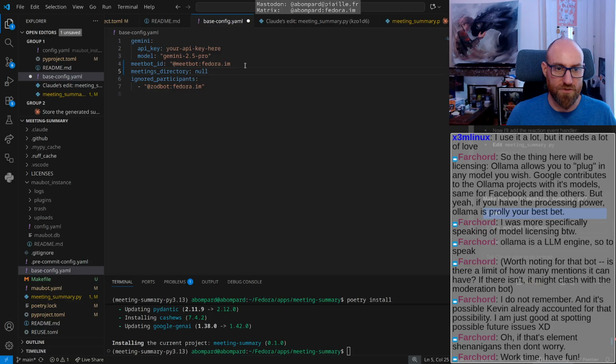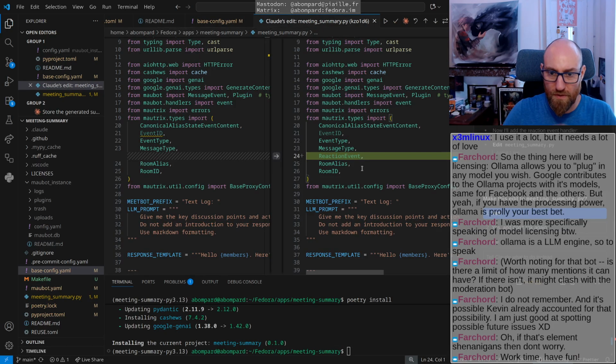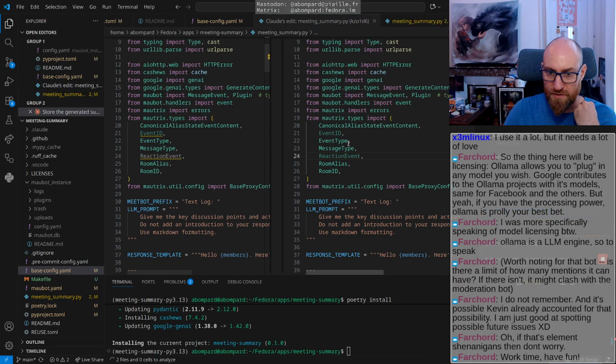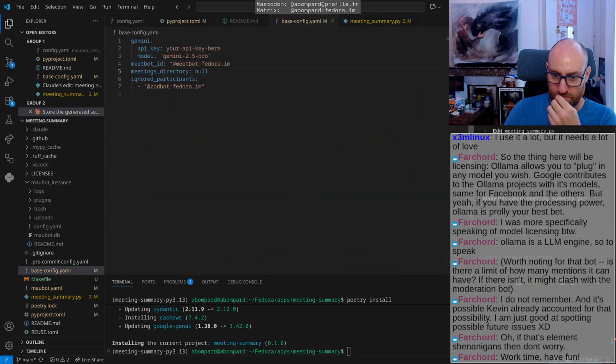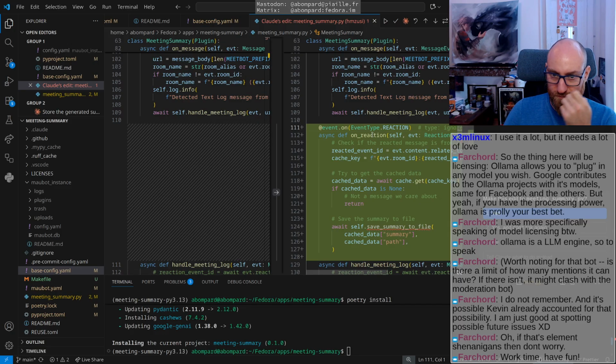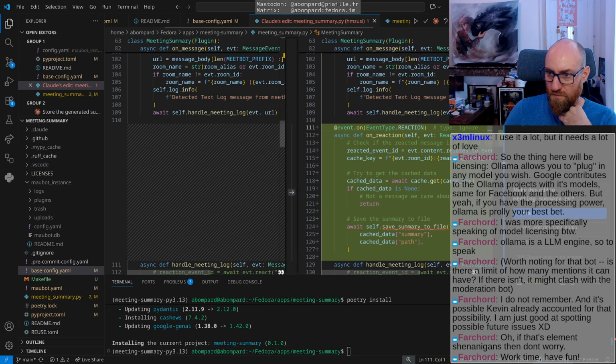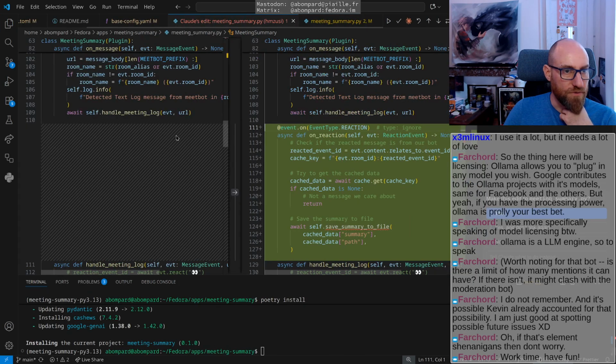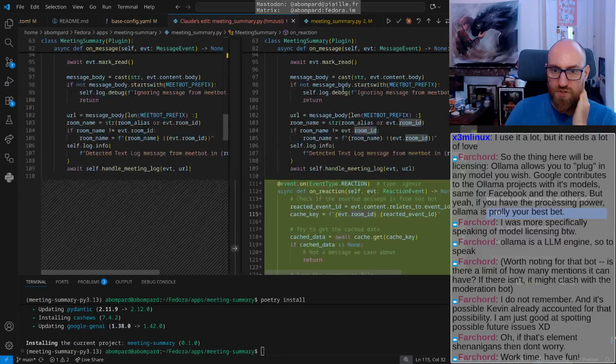It's YAML, right? So it's going to be none. What were the changes? So there's a reaction event, that's fine. Yes, do this. Of course, you'll have to import it. So if you want to react to it, that makes sense. On reaction, check if the reacted message is from our bot. Reacted event ID. No, that's not exactly that. I'm checking it using